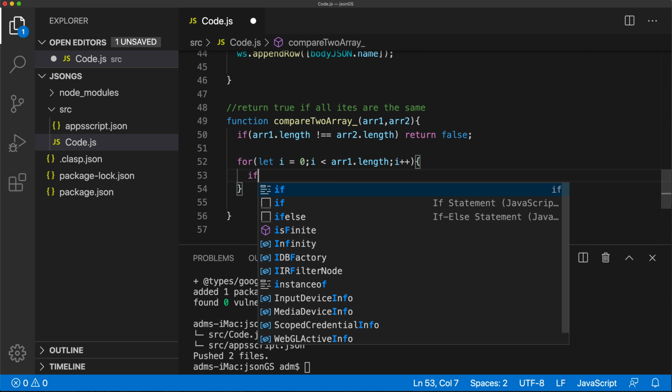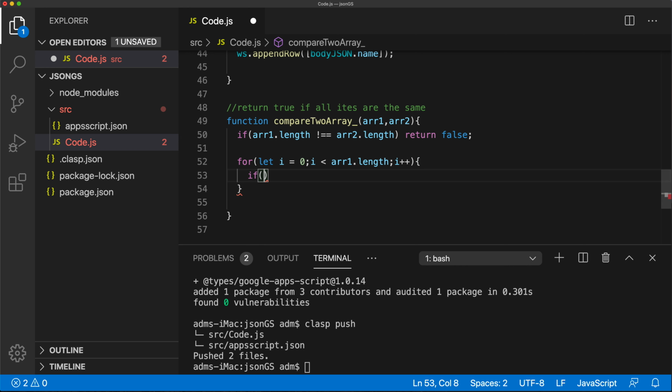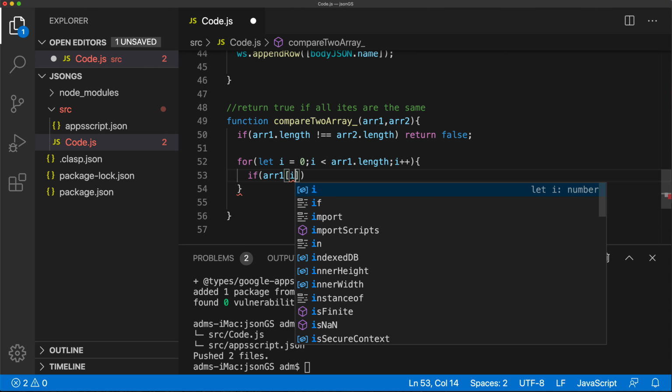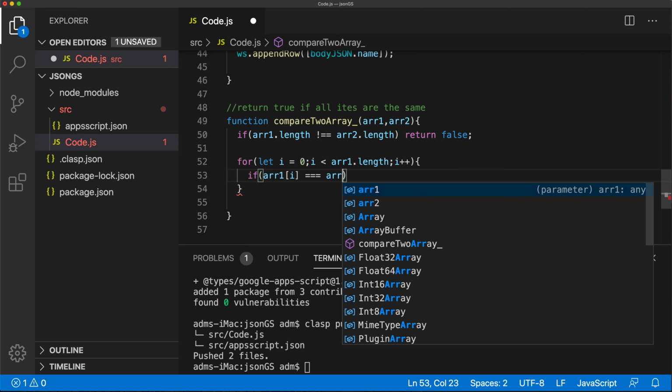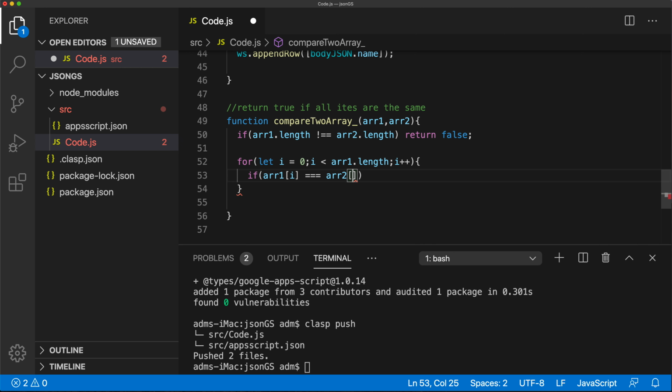So we'll do an if statement here. We'll say if the item in array1 at that index is not equal to the item in array2 at that same index,